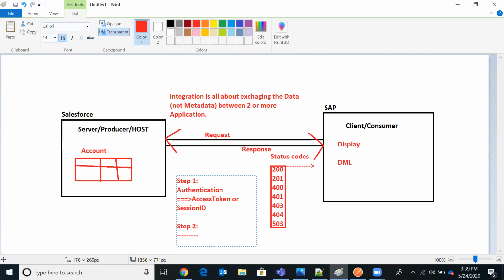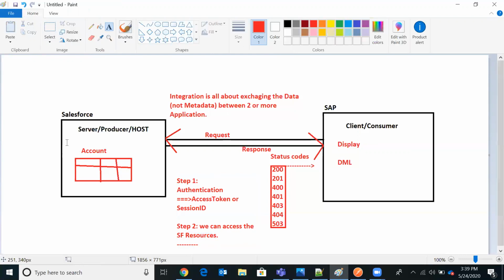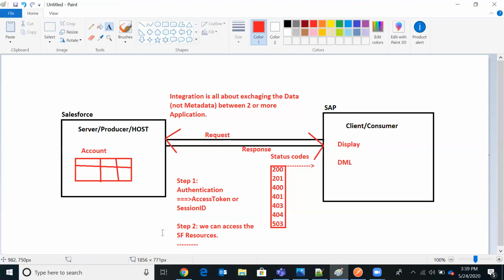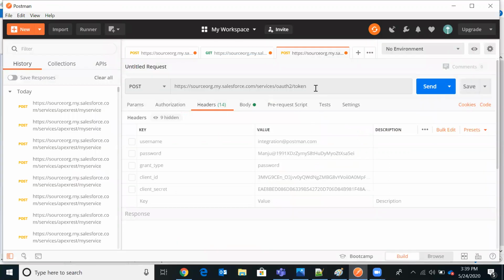Once we get the session ID or access token, then with the access token we can access the SF resources. In this example, the resource refers to the account table in Salesforce.